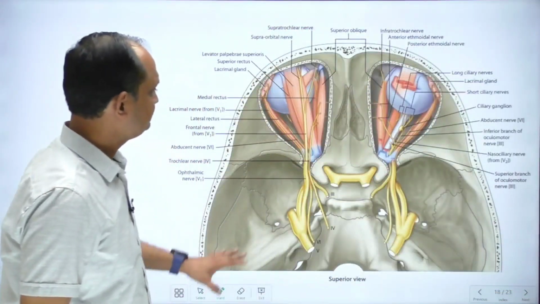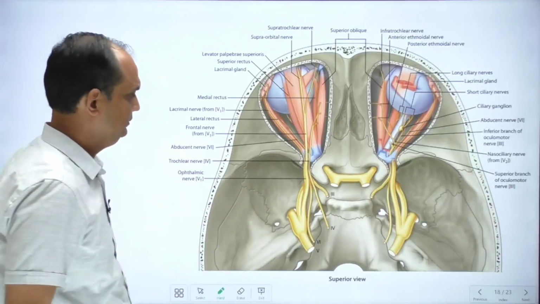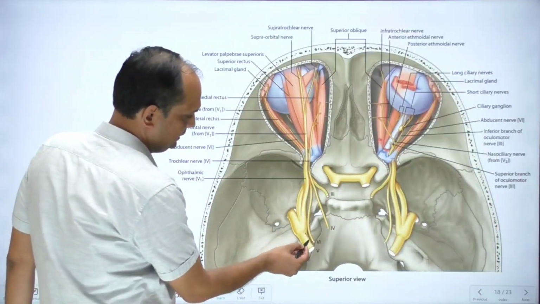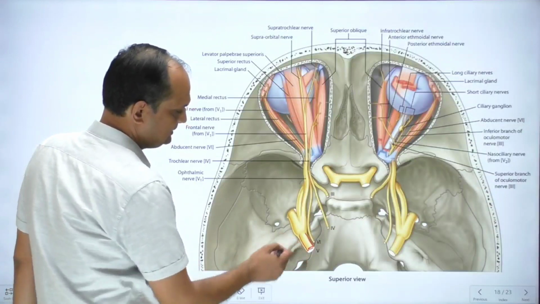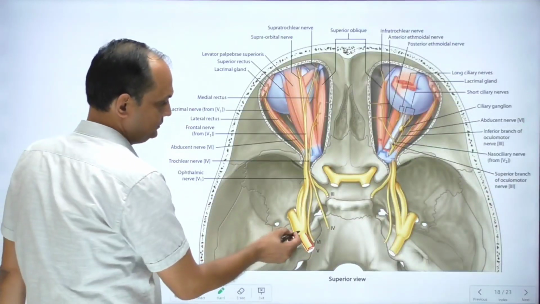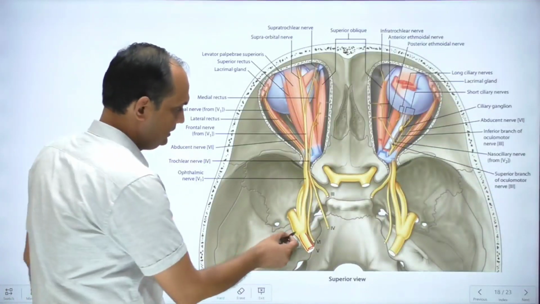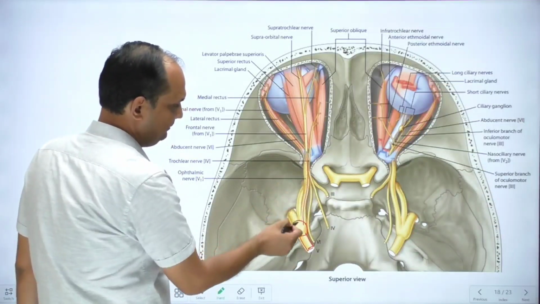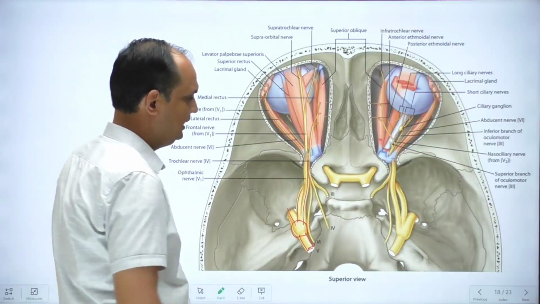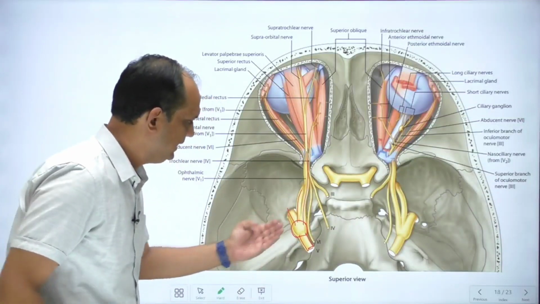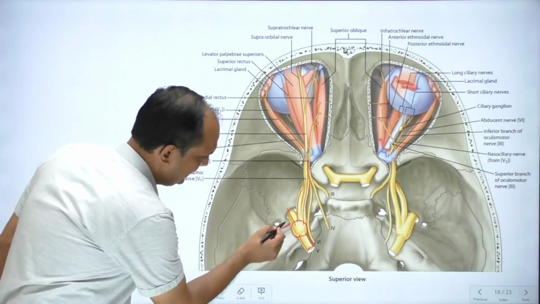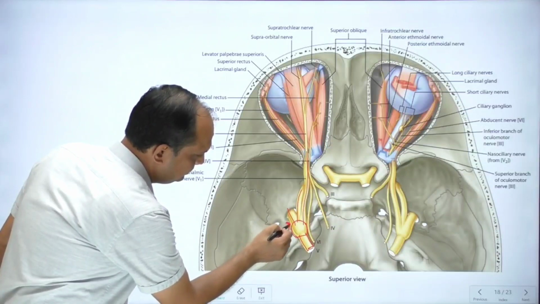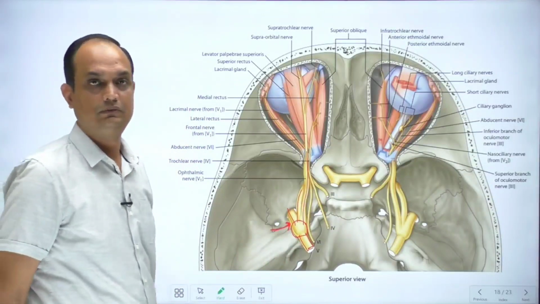Clear? Then in this diagram you can appreciate this is the posteriorly attached large sensory root which is going towards the brain stem. This is your ganglia. Now from the ganglia you have the ophthalmic, maxillary and mandibular division, and deep to that you will have nerve 2, that is greater petrosal nerve. Clear?